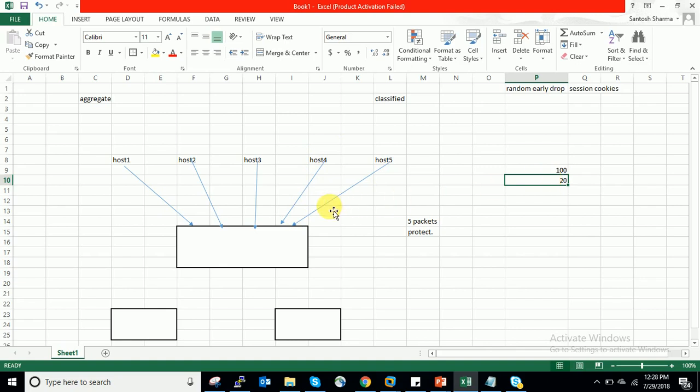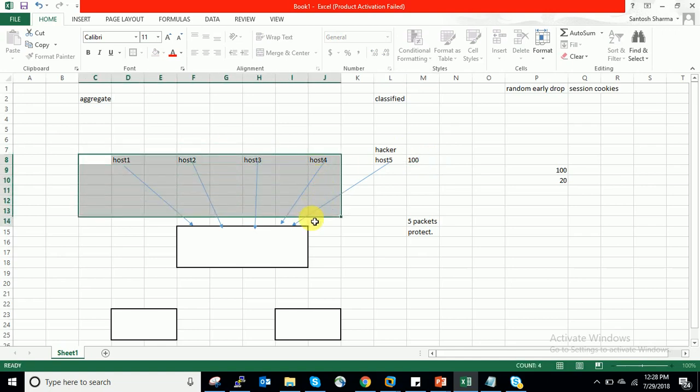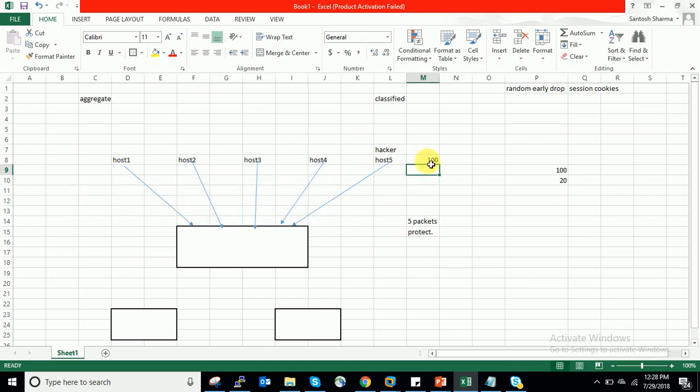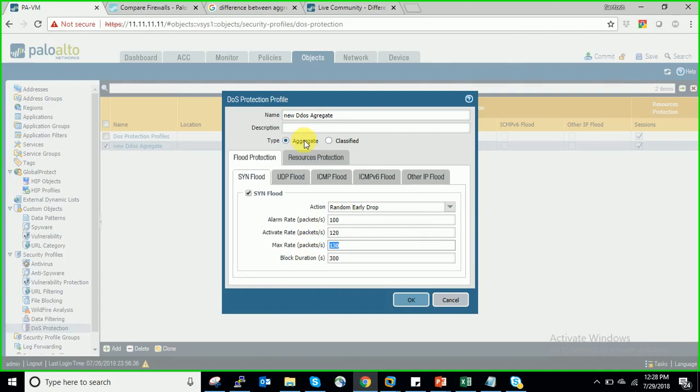Alright, if this host is a hacker and is launching an attack, and it consumes all the 100 packets, then the other hosts will not be able to initiate any new requests. So now you are able to understand that legitimate traffic is even getting blocked with the aggregate. Alright, so we have another option that is called